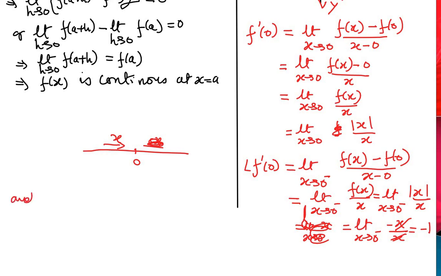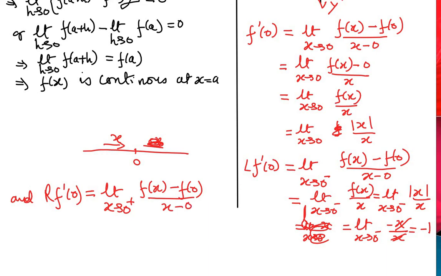And what about Rf prime of 0, the right hand limit? It is limit x tends to 0 plus, f of x minus f of 0 by x minus 0. Now x tends to 0 plus means that x approaches 0 from the right side of 0. That means x is positive. So this is equal to limit x tends to 0 plus, f of x by x, because f of 0